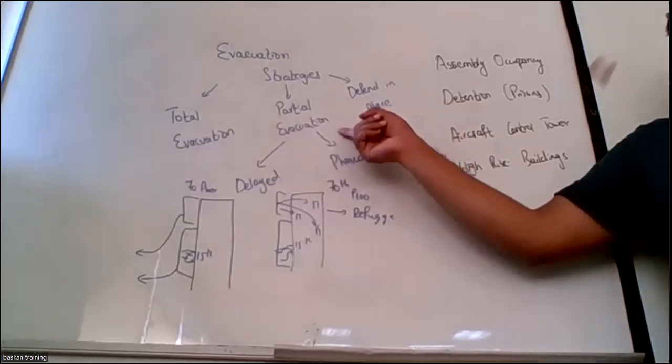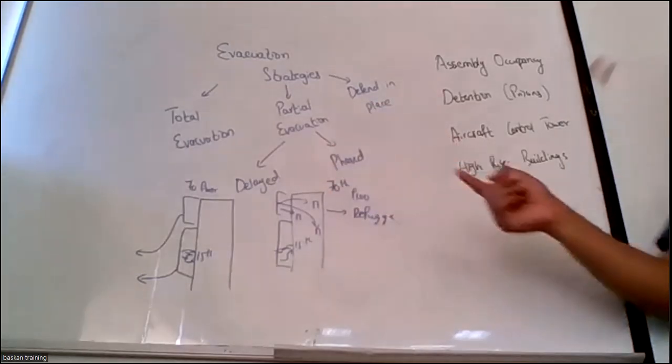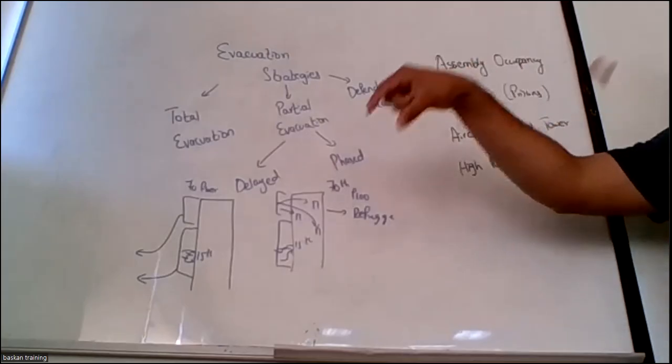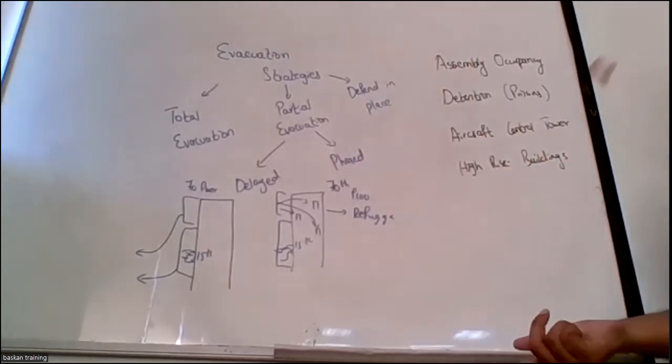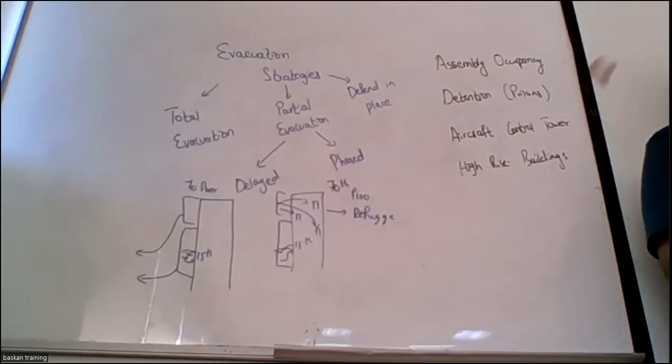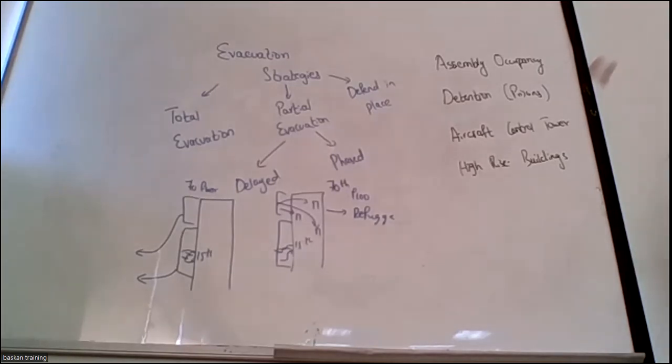It is partial evacuation. Phased or delayed depends upon the high-rise building's capability, whether it has compartmented rooms or not. As I said, NFPA 101 focuses on both new and existing buildings. There are existing high-rise buildings that don't have any compartmented rooms or refuge rooms, right? But nowadays new buildings have compartmented and refuge rooms. So it focuses on both.